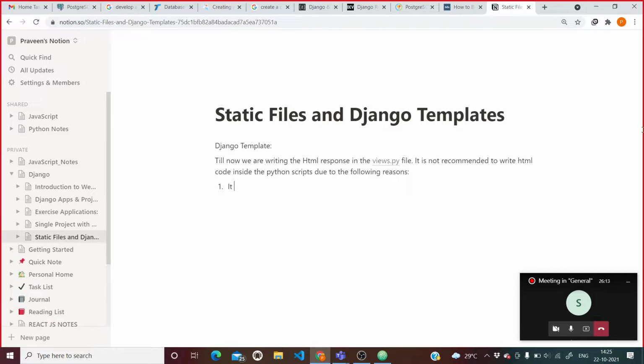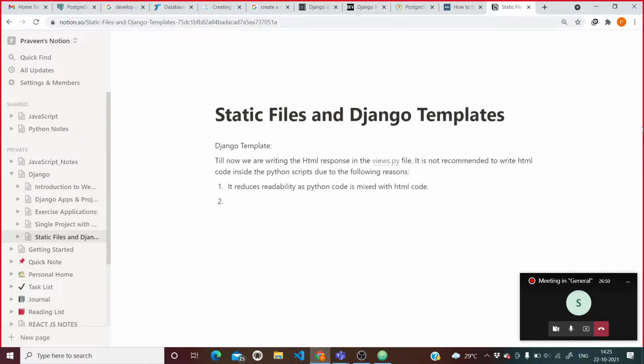First of all, it reduces readability, as Python code is mixed with HTML code. Now the second thing is no separation of roles.